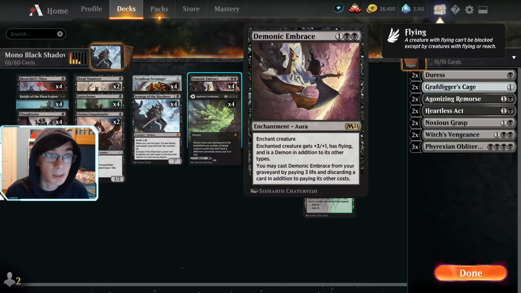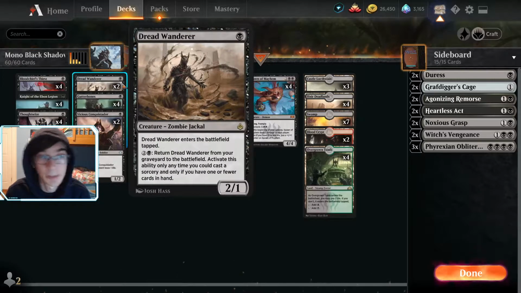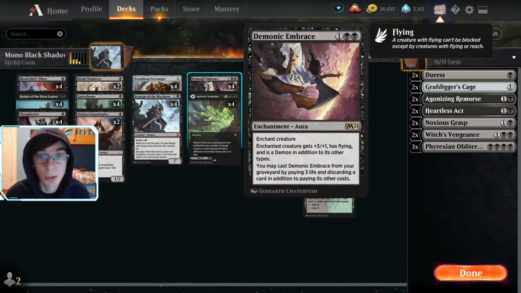Demonic Embrace is also really good with a bunch of other cards. Like if you just slap it on a Dread Wanderer, boom, you're just hitting for 5. That's great. Put it on Knight of the Ebon Legion, it'll be proccing itself every turn without you having to pay mana. So Demonic Embrace is another very powerful card in this deck,